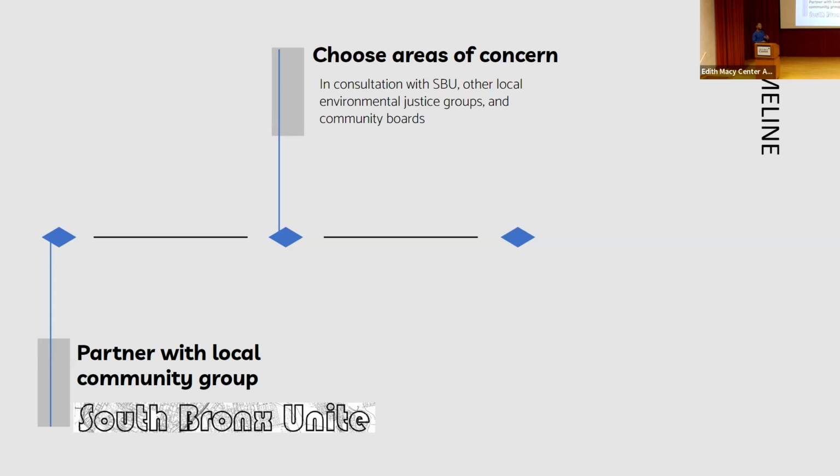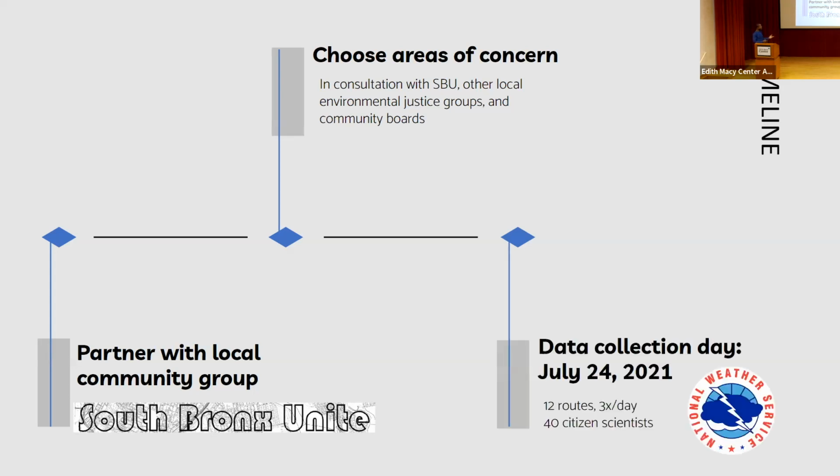And one thing I often do, because I don't work for Columbia, I just work with folks at Columbia, is I tried to find funding so we could pay community members for their time, whereas in most of the NOAA campaigns, the community members are volunteering their time, right? And that makes sense, right? Because the folks at NOAA get paid to do this. You guys, as faculty, postdocs, students actually get paid in a way to do these studies and this work. So I actually found money at Columbia to pay community members. That helped us recruit more community members when we went out in the field to collect the data.